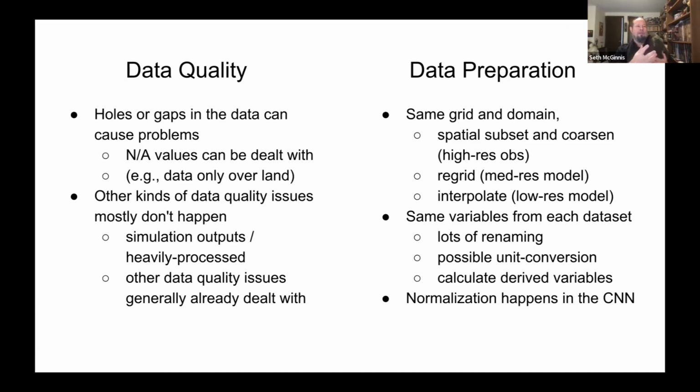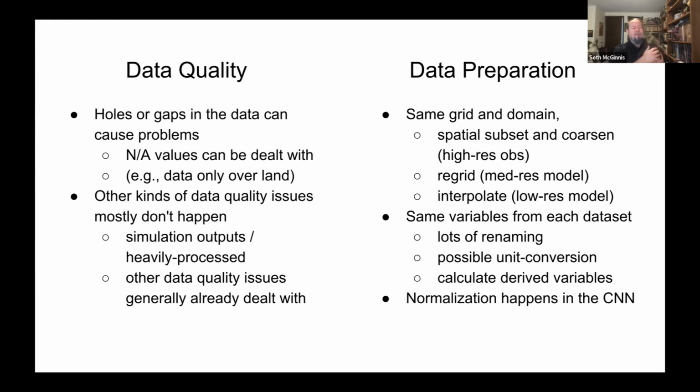If it's low resolution, we probably need to do some interpolation. Those are often things that get done on the user end, but if a data provider can provide something in a very standard format, or that's already been processed, or provide on-the-fly processing capabilities to do that, that's a big savings.